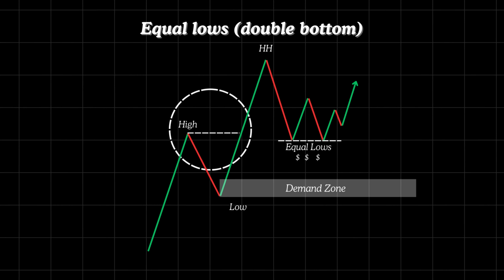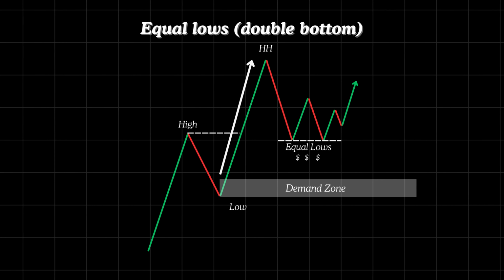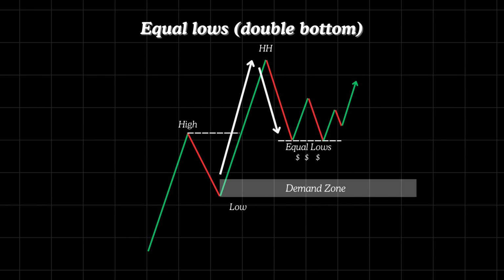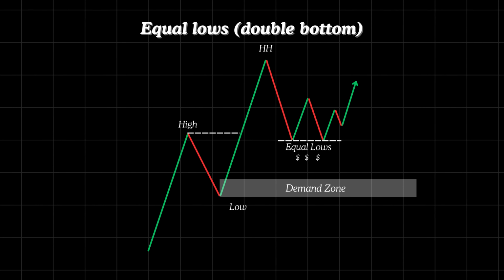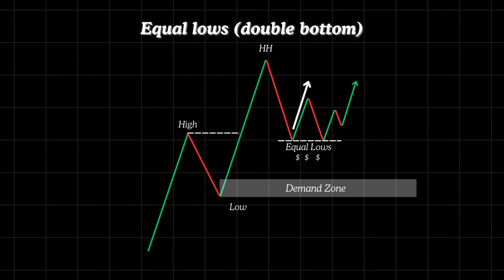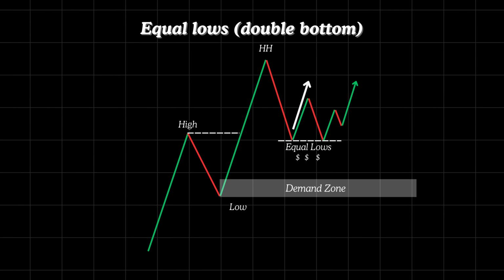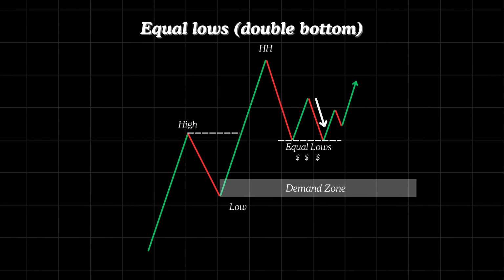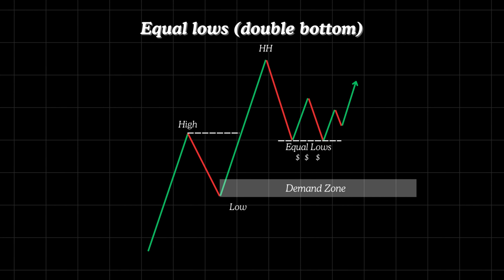Price makes a bullish break of structure, pushes upward, and then retraces without reaching the demand zone formed by the BOS wave. Instead, it establishes an internal low. It then attempts another push upward, but the bullish momentum is not strong enough to break the most recent major high. As a result, price pulls back again, failing to break the internal low, which leads to the creation of